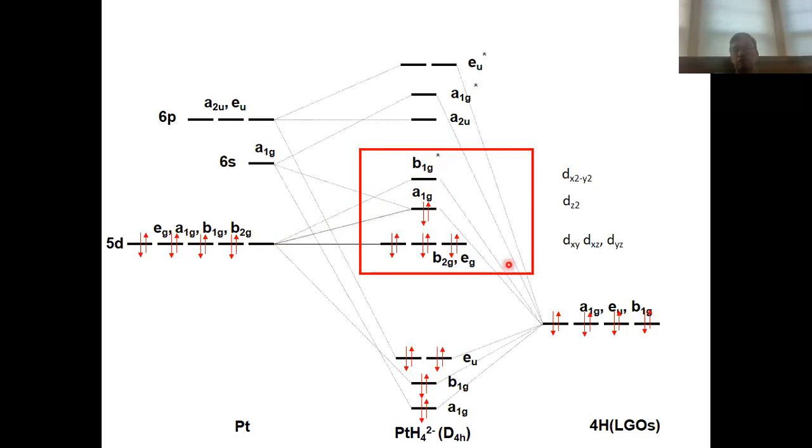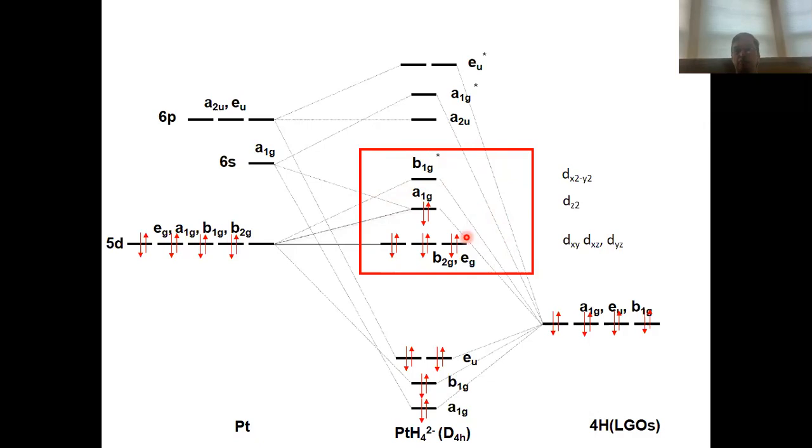So relatively little influence from the ligand group orbitals as well. Okay. So in good approximation, we can say that these orbitals here are our valence molecular orbitals. Okay. We can say that these orbitals are valence metal d orbitals under the influence of a